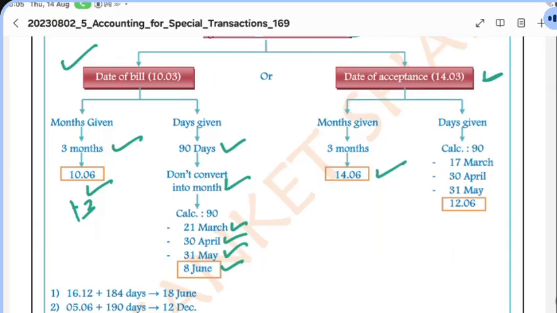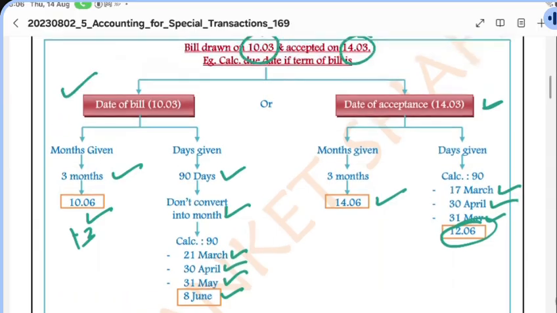ಅದನ್ನ ಡೇಸ್ ನ ಕೊಟ್ರು ಅಂದ್ರೆ ಮತ್ತೆ ಏನಾಗ್ತದ್ರಿ? We need to start calculating. ಕರೆಕ್ಟ್ ರೀ? ಸೊ ಇಲ್ಲಿ ಎಷ್ಟಾಗ್ತದ್ರಿ? 14 ಅಂದ್ರೆ 14 plus 17 ಎಷ್ಟಾಗ್ತದ್ರಿ? 31. So 17 days in March. We are not considering 14 ರೀ, 14 ಬಿಟ್ಬಿಡ್ಬೇಕ್ರಿ. ಏಪ್ರಿಲ್ ಎಷ್ಟ್ರಿ? 30. ಮೇ ಎಷ್ಟ್ರಿ? 31. ಸೊ ಎಲ್ಲ ಆಡ್ ಮಾಡ್ರಿ. 47, 48, 78 ಆಗ್ತದ್ರಿ. ಸೊ 90 ಆಗ್ಲಿಕ್ಕೆ ಇನ್ನ ಎಷ್ಟು ಡೇಸ್ ಬೇಕ್ರಿ? 12. So 12th June will be the due date of the bill.